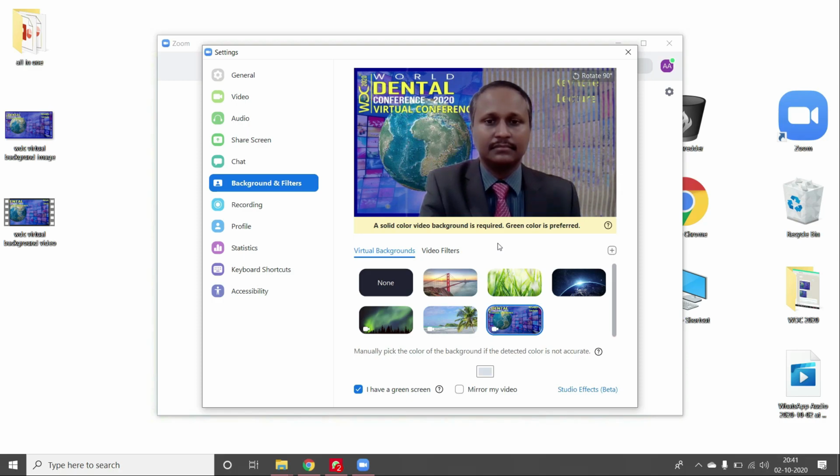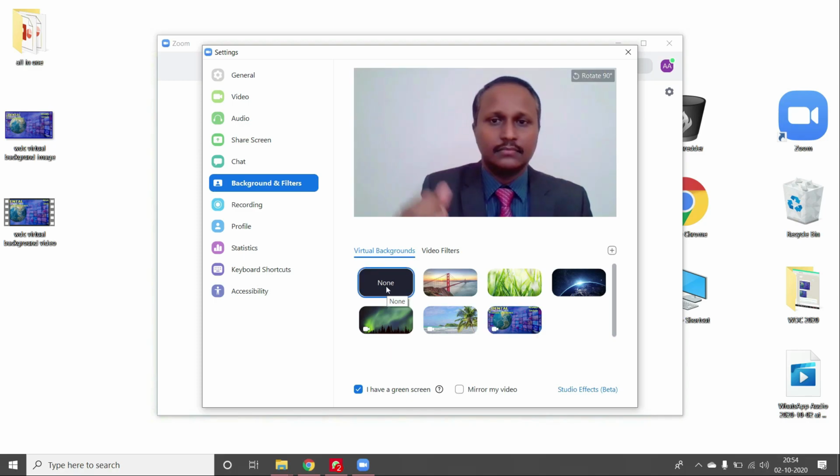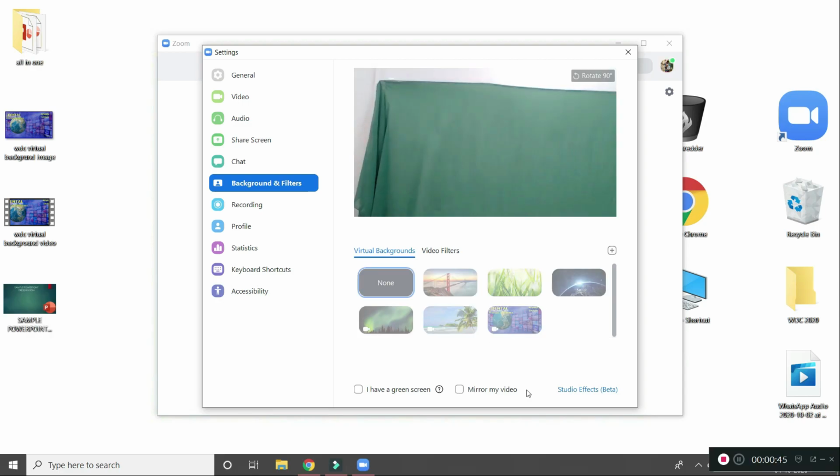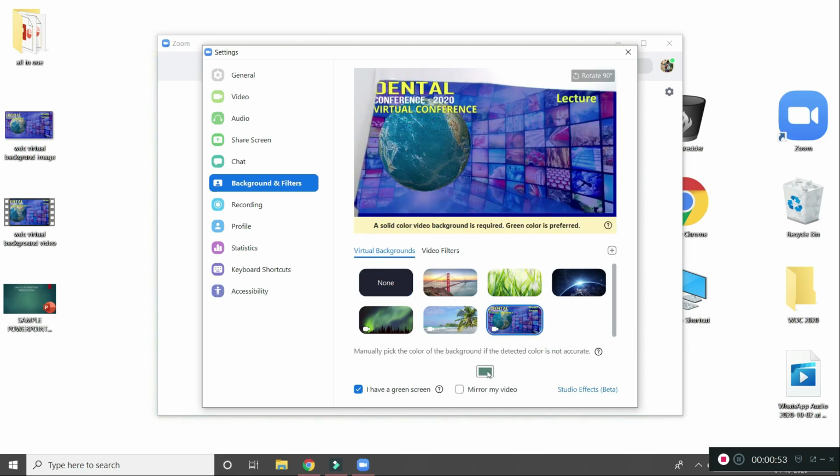Also, we need to change our position to a plain wall with a single color background so that we can see the full view of the presenter with a good conference virtual background. Apart from this, if you have a plain green wall or screen, then you can select the option I have a green screen, which is seen here.